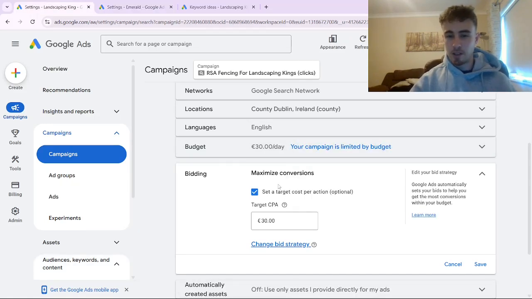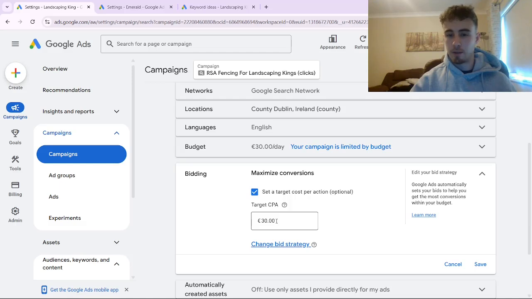So then what we do once we have that first 20 to 30 conversions inside the campaign is switch our bidding strategy to maximize conversions, and we like to set a target cost per action in most cases as well. And we set this number for either what we are already paying per lead or even a bit higher than that in some cases,